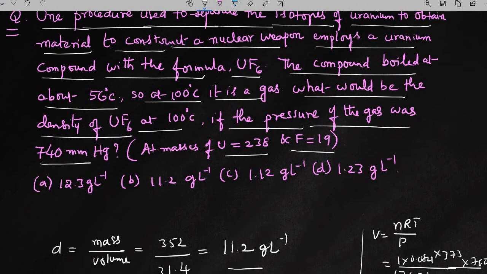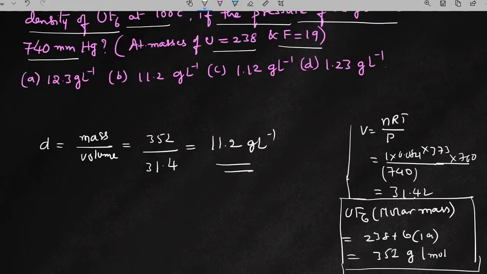Let us see. First we calculate the volume. PV equals nRT is the formula. From that, V will become nRT by P. If you substitute n value 1, R value 0.0821, temperature 373 and pressure 740 by 760, you will